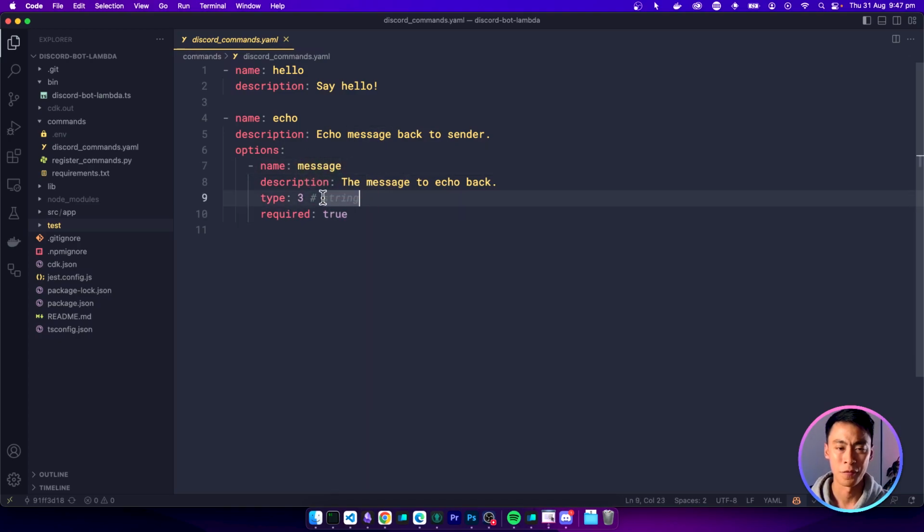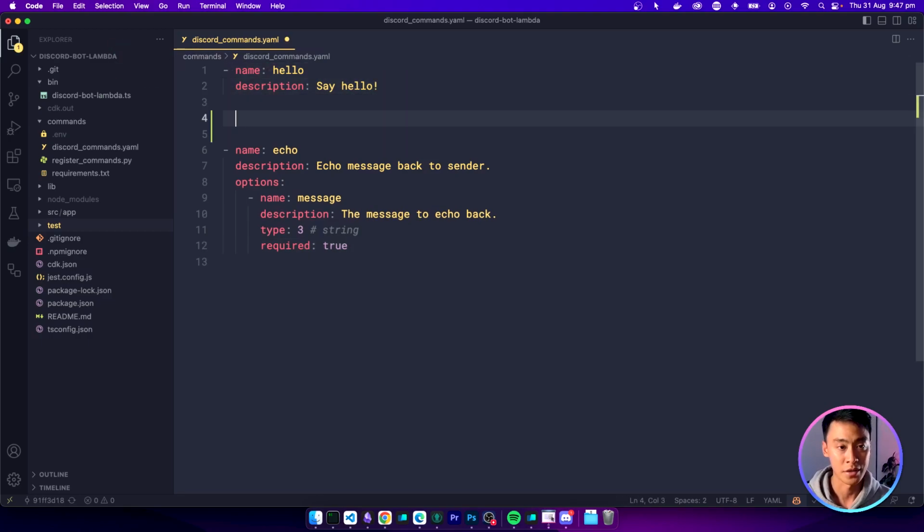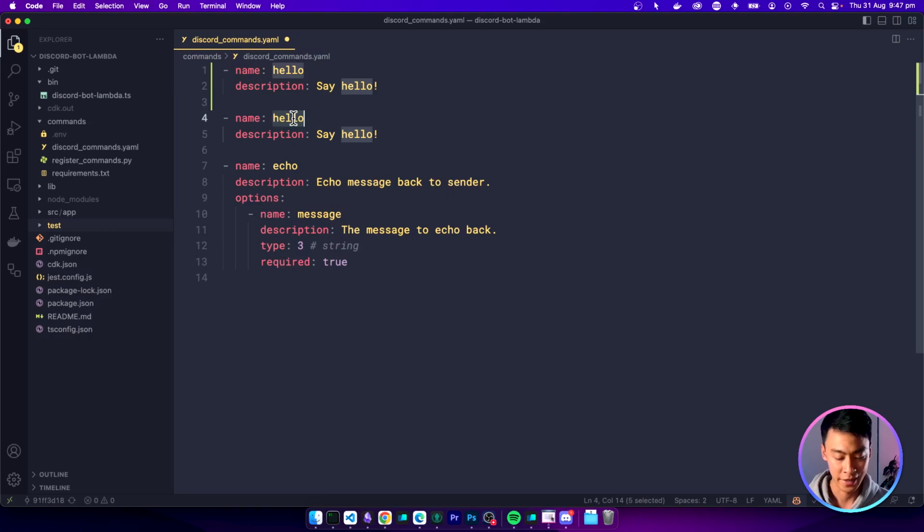Now it's also a little fiddly. There's a bunch of things like this that you need to know beforehand, and I found it very hard to get the documentation on. So I actually just asked ChatGPT to write me this YAML, and I think it worked. And if you want to add new commands, just copy paste one of the ones here, and then just feel free to edit the name.